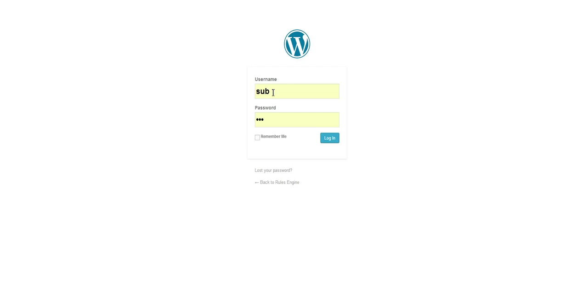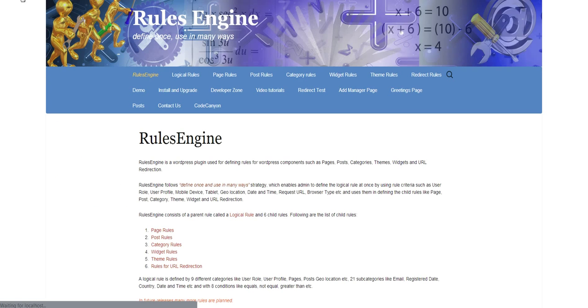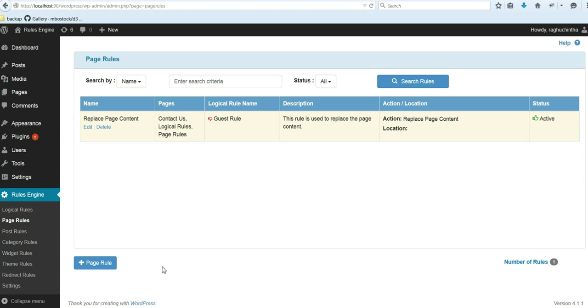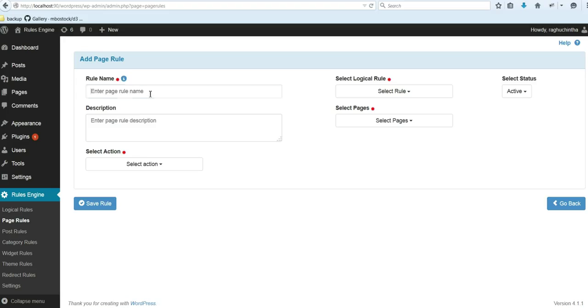So I'm logging in with a subscriber user account. I'm going to the site. You can see that there are a lot of pages available here, more than 10. Now we go and create a page rule. To create a page rule, click on page rule, enter the rule name, enter the description